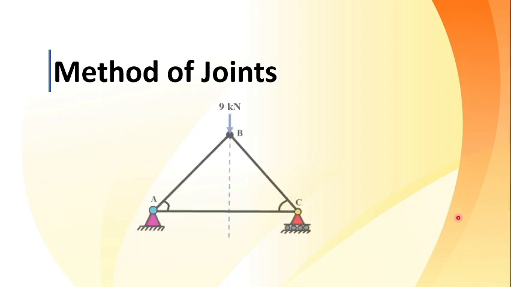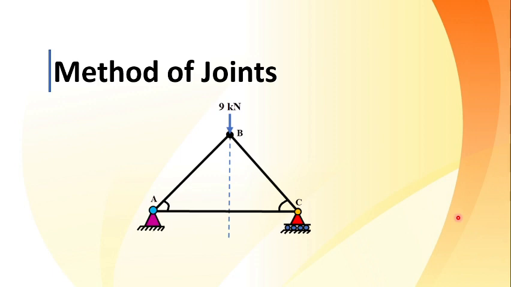So here is a truss. In this case, as usual, the very first job is to check out whether it is a perfect or imperfect type of truss. So first job is to check the type of truss. m is equal to 2j minus 3. So number of members here are equal to 3. How many joints? 3. So 3 is equal to 2 into 3 minus 3, which is 3 again. So 3 is equal to 3. So this is a perfect truss.